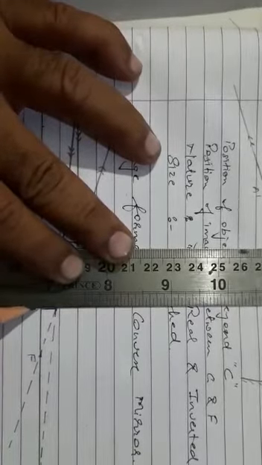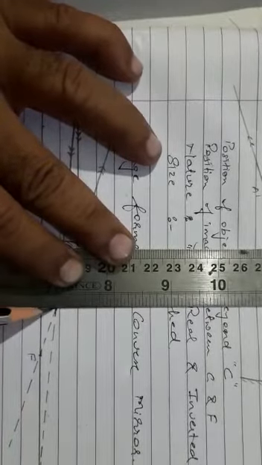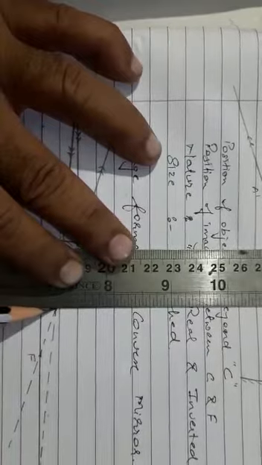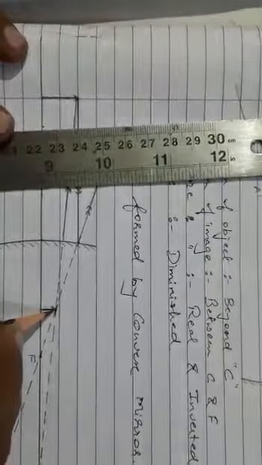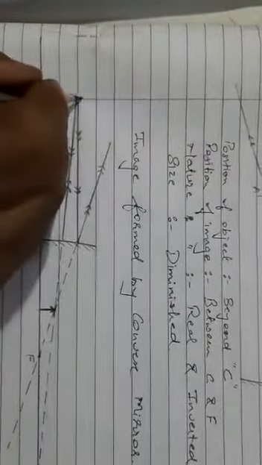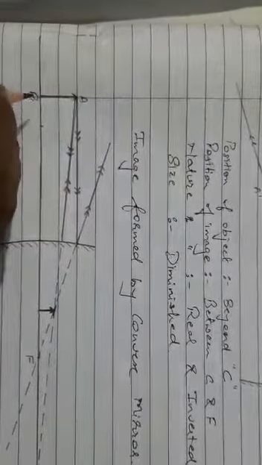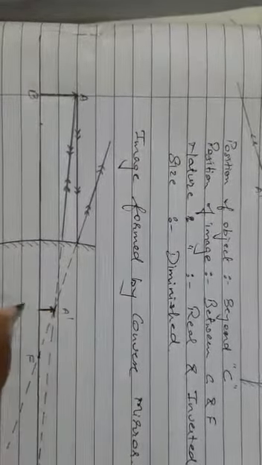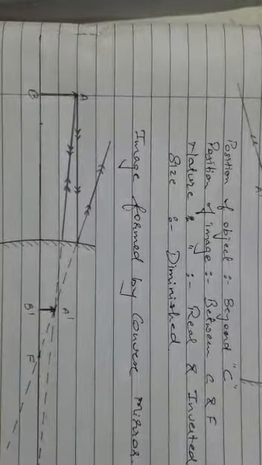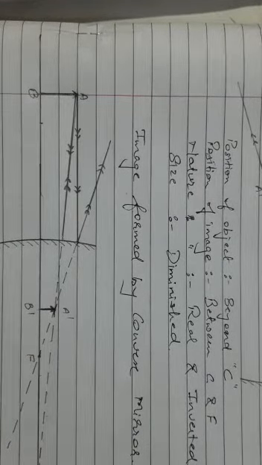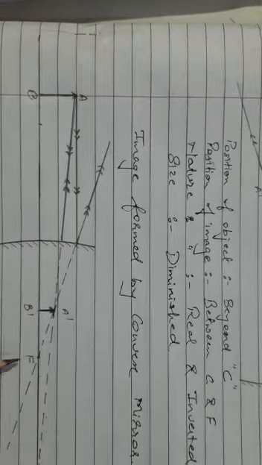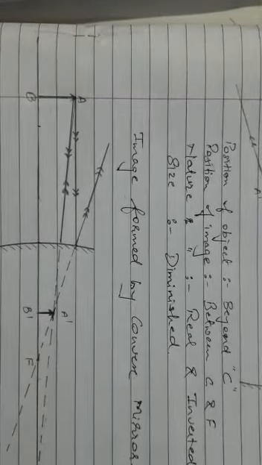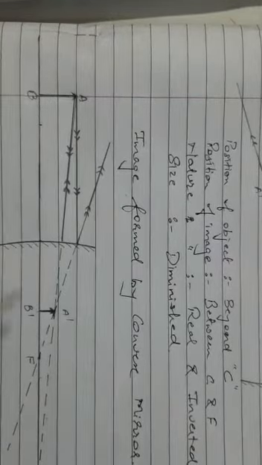So we need to draw straight from here and make a mark, and here it is an image. So this is A and B here, and this is A dash and B dash here. Fine. So this is the focus, and this is how you need to draw. So I hope you understood. You are supposed to take 5 centimeters as focus and 10 centimeters from zero.